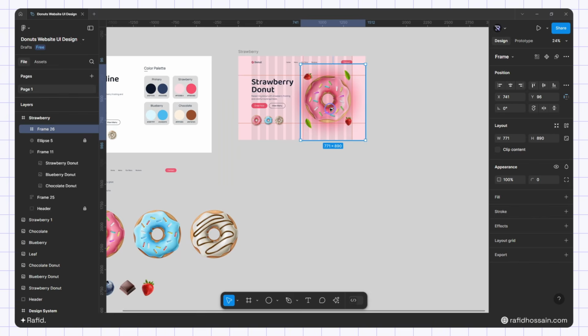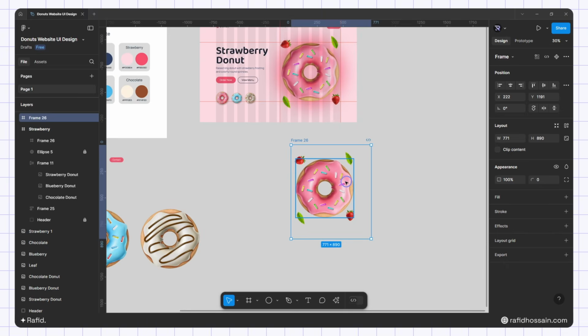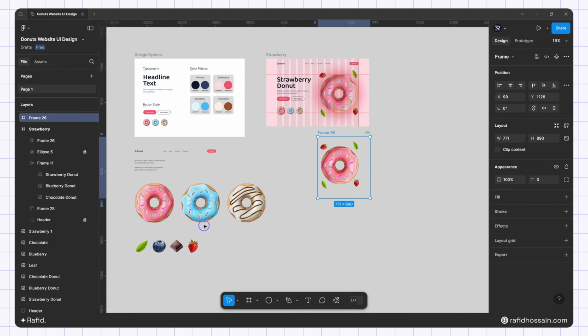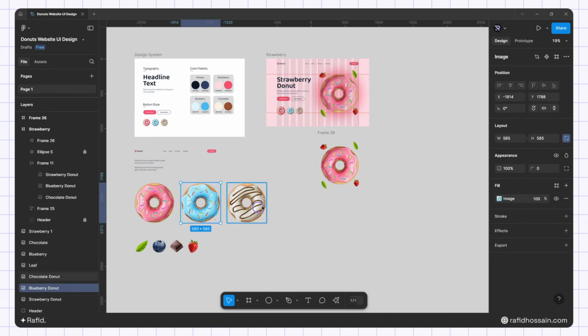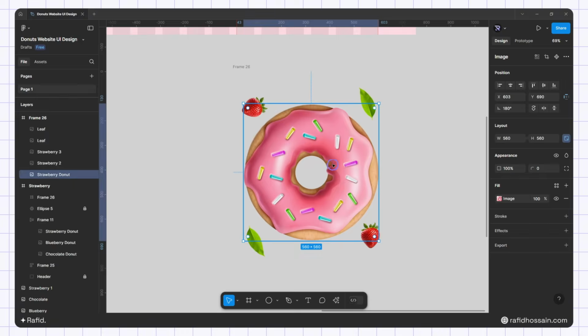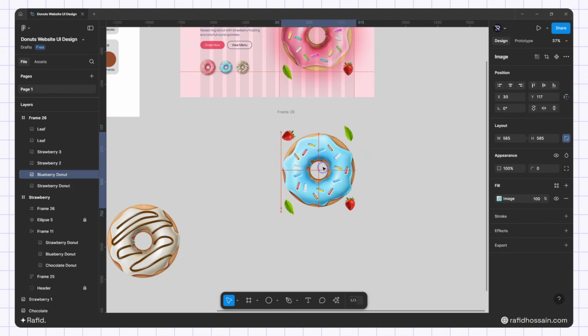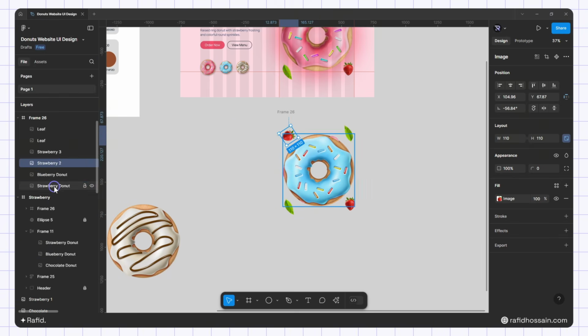So I duplicate it again and I'll change the images for the blueberry. So I copy this one and I'll place it somewhere here, and I'll change the size to 560, like this. Now I'll remove this strawberry donut